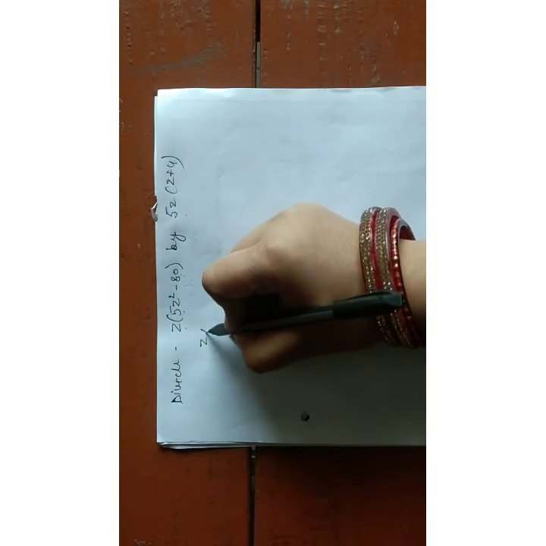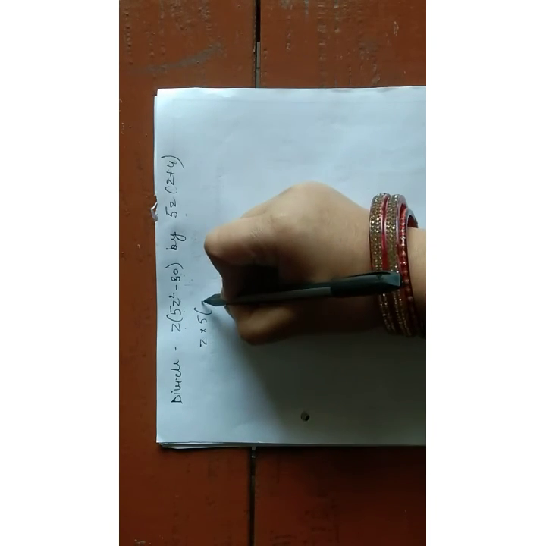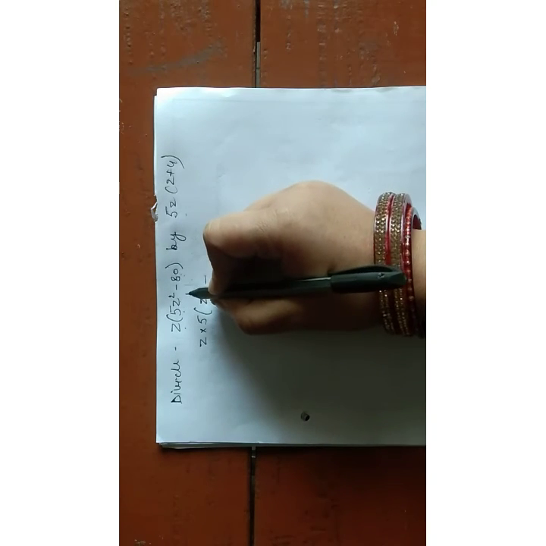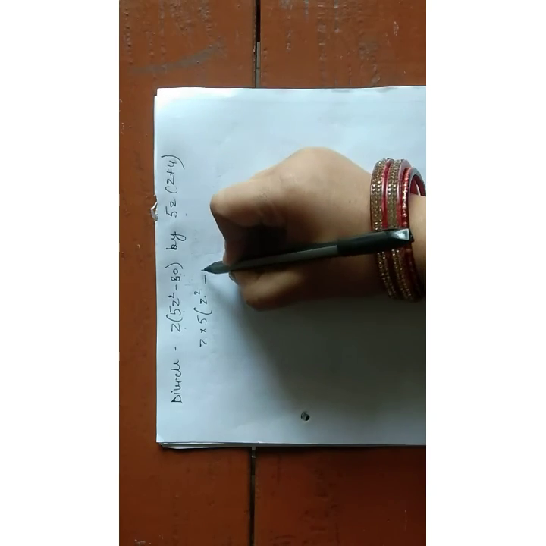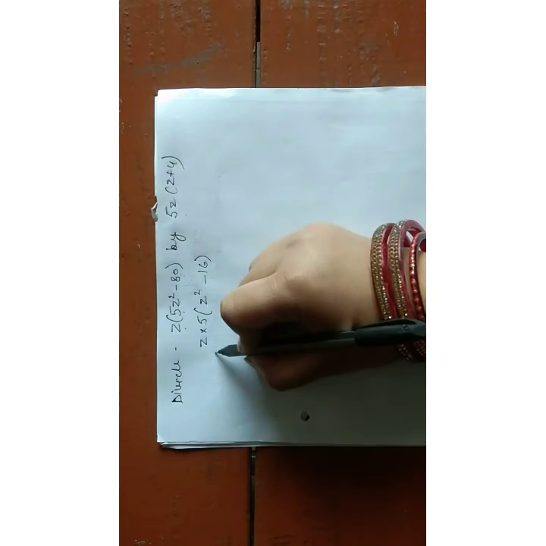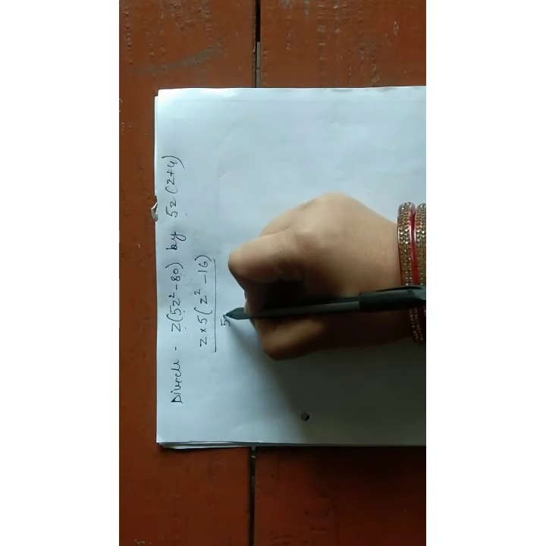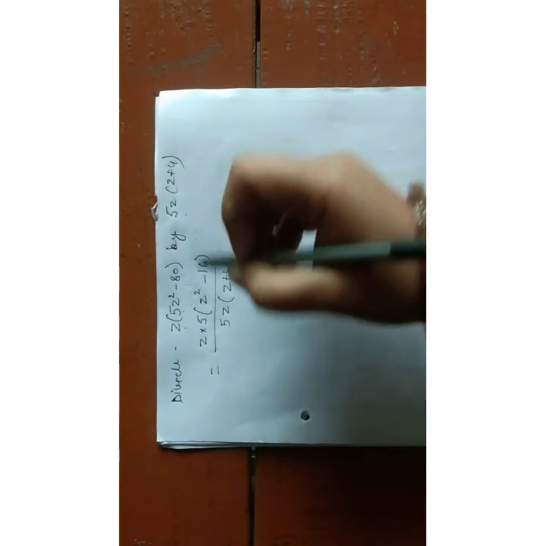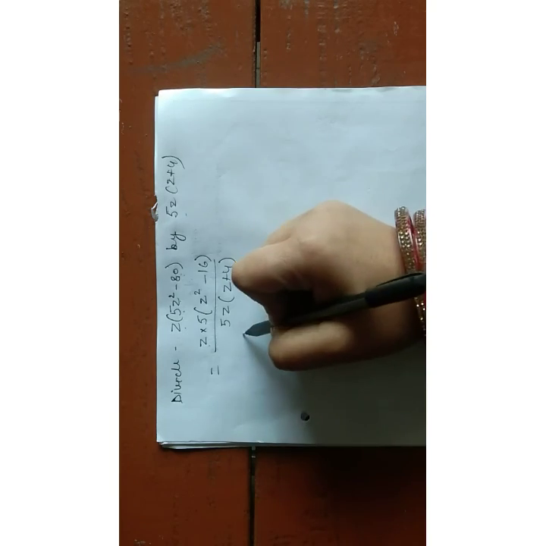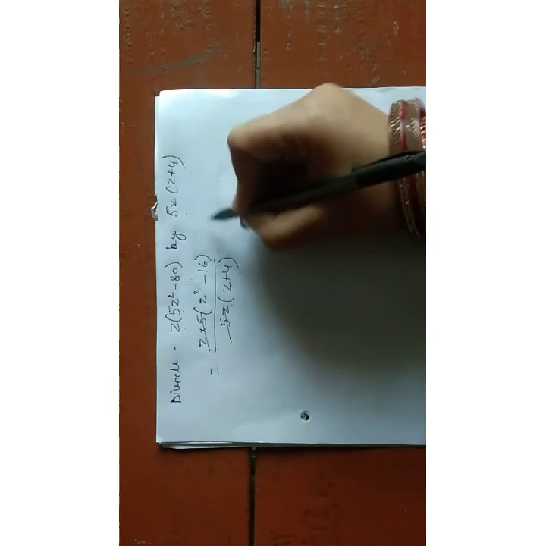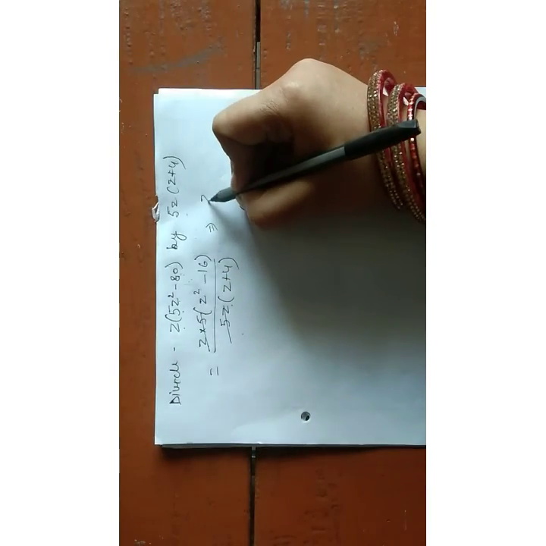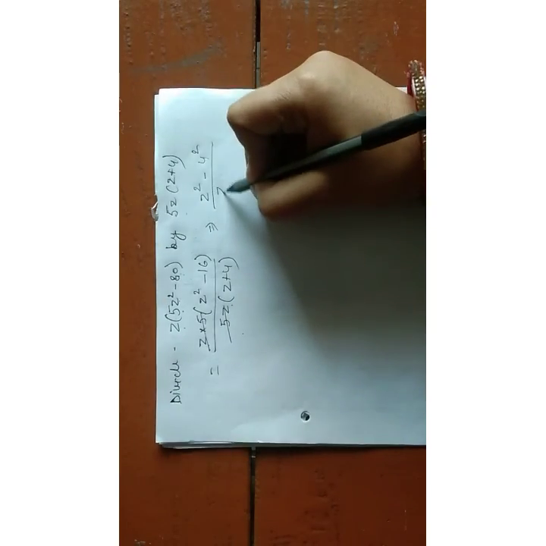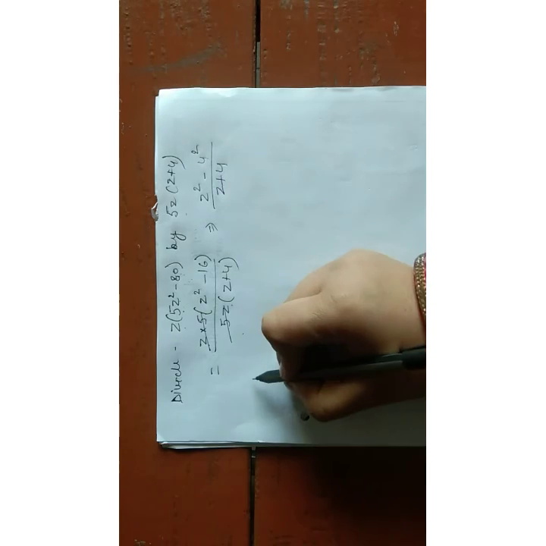Now I am taking 5 as common. What is remaining? That is z square, and when I am taking 5 as common from 80, the remaining is 16. And it needs to be divided by 5z, z plus 4. Now see, here I am having 5 and here also I am having 5, so these two will be cancelled out. Now this is z square and this is the square of 4.